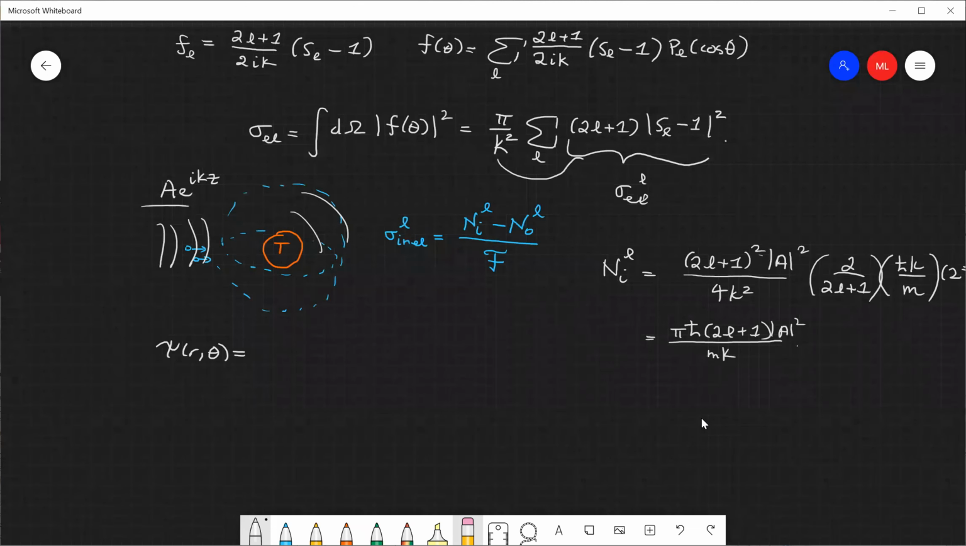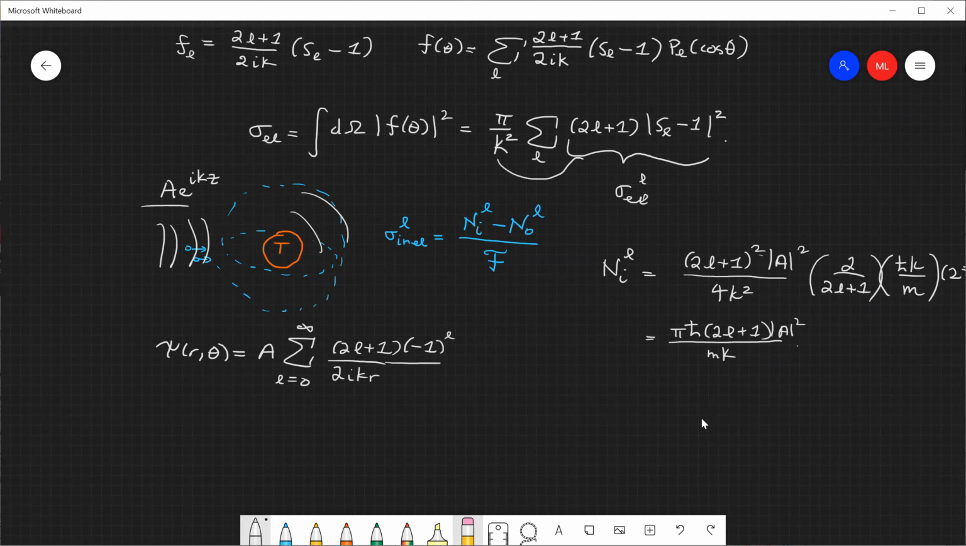in terms of the partial wave expansion had the form A, that amplitude, and then we had a sum, l from 0 to infinity, (2l plus 1) over 2ikr, minus 1 to the l here, and we had a minus 1 to the l e to the 2i delta l. That's this S matrix. And this was proportional to the outgoing spherical wave. And then we had minus the incoming part,